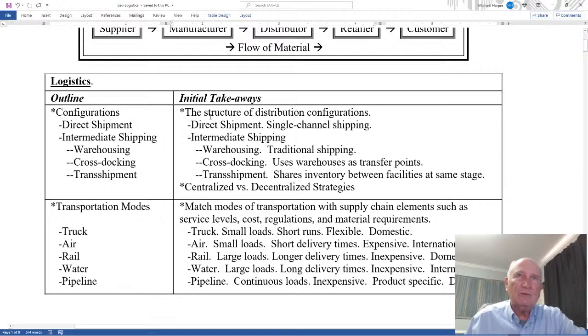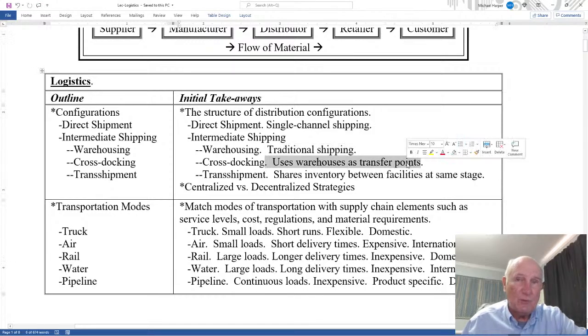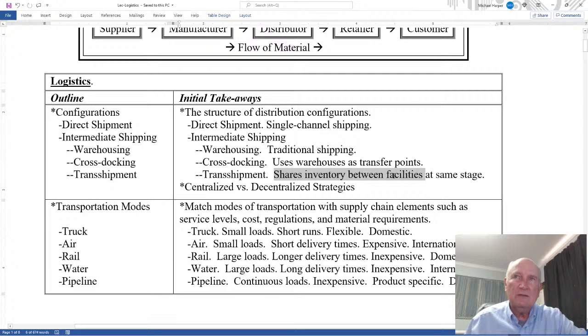Now, the initial takeaways is the structure of the distribution configuration. The direct shipment is simply a single channel shipping. Intermediate warehousing is traditional shipping. Cross-docking uses warehouses as transfer points, which we'll go into in a little bit more depth. And transshipment shares inventory between facilities at the same stage. That's an initial takeaway. It shares a lot more than just inventory, but we get into that in more detail